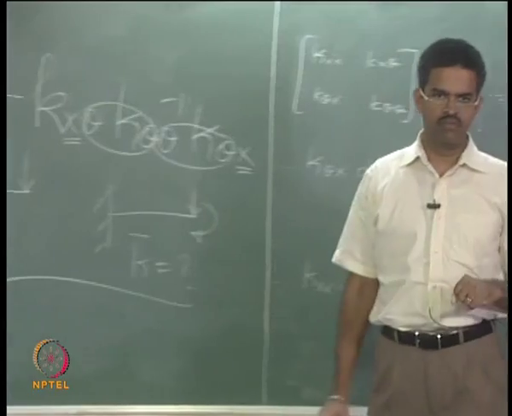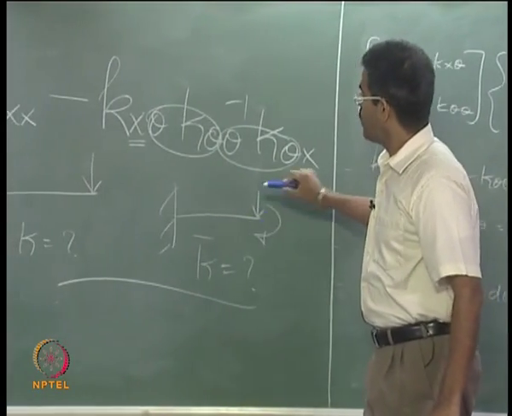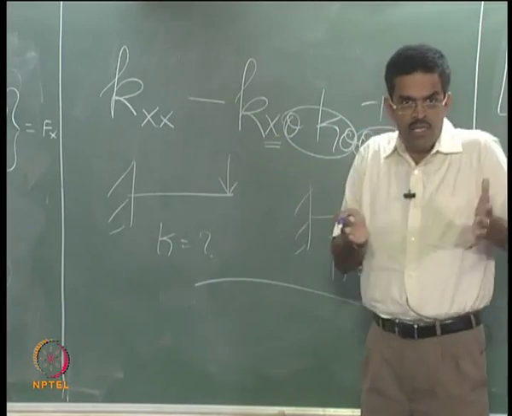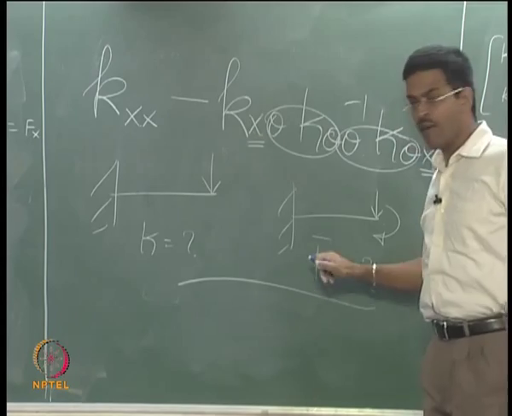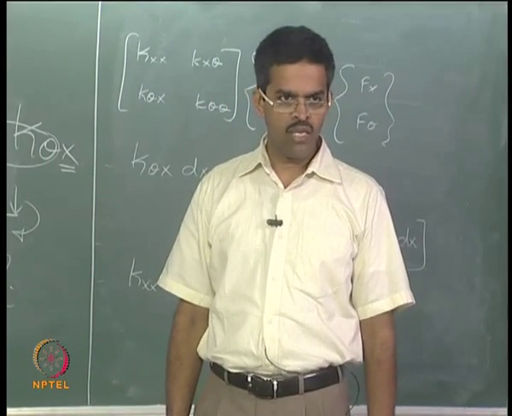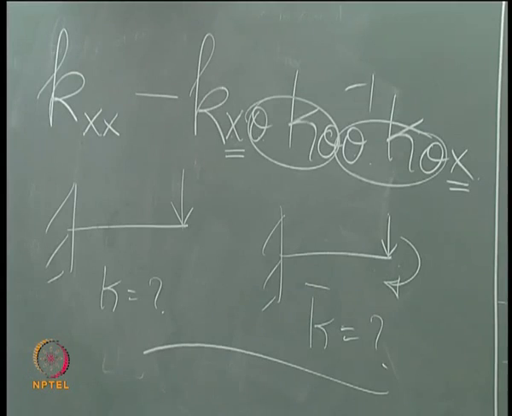It is very simple. So, I will take up this problem quickly now in few minutes, find out x theta, theta theta, theta x and xx, combine them in this equation and get K bar, see what happens. Okay, that is our objective now. So, I will rub this. Any doubts here?